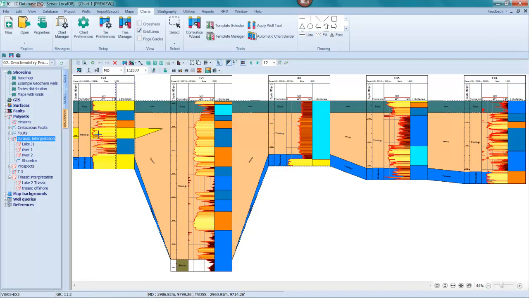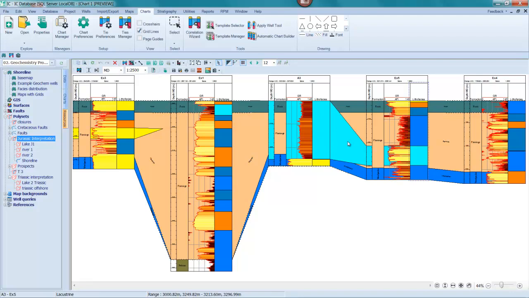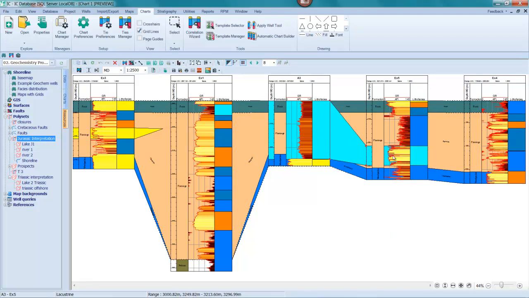So we have this yellow channel coming in here and pinching out in this direction because we can't see it in this well. We could do the same down in this section. We could also tie particular units together like this and actually modify this shape to show another interpretation. So for example, if I drag these little red vertices down here, they can be unconnected to the well,